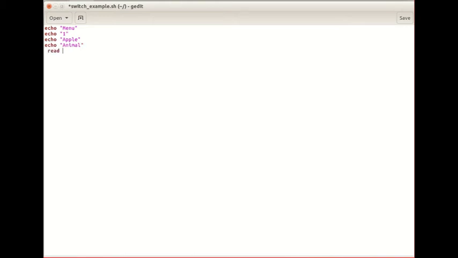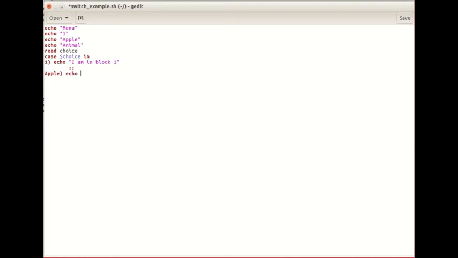Now let us ask the user to enter the option and read it into a variable. In our example, it is choice. Once the choice is entered, switch case checks for the pattern. As we discussed previously, a pattern can be a number or string and even a symbol. Now, if the pattern is available, it performs the action of its respective block, else it runs the default block.